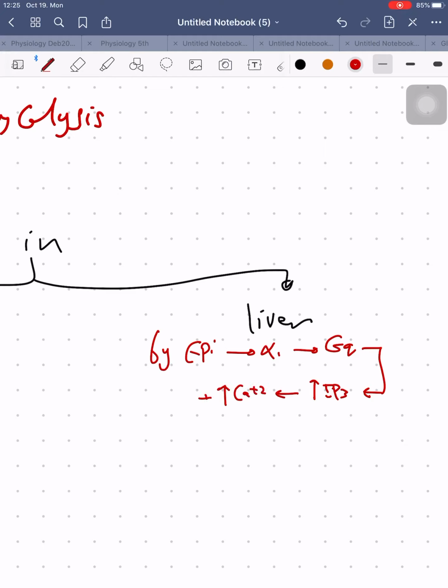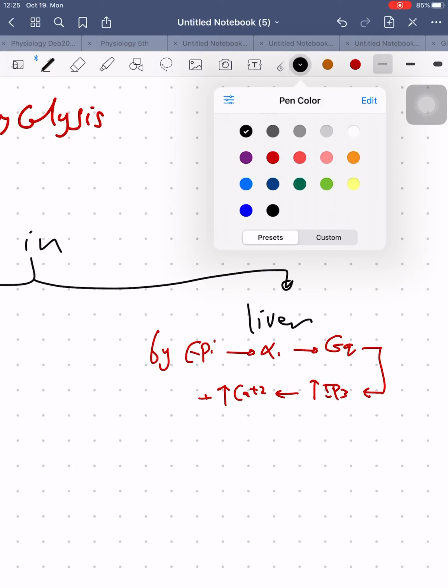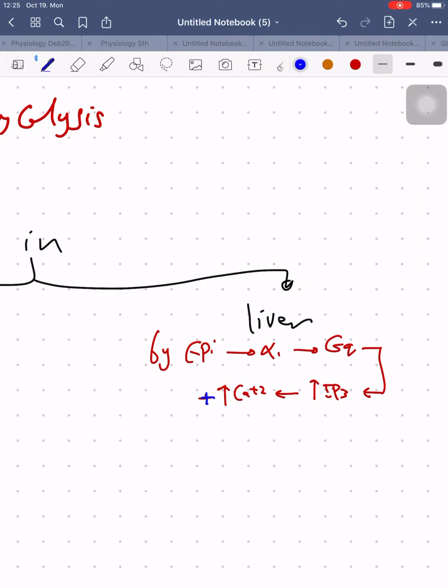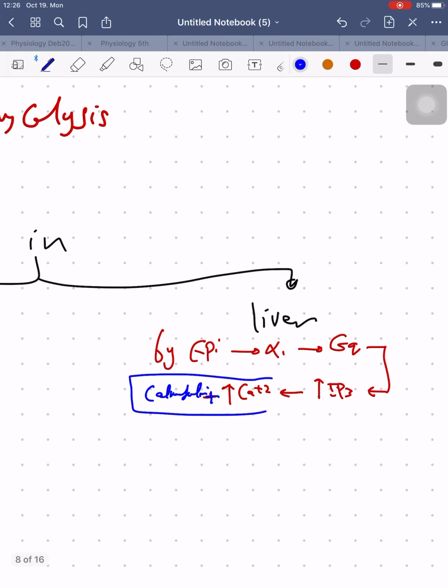So calcium will bind with what? Will bind with calmodulin. This calcium and calmodulin can go to activate phosphorylase kinase,